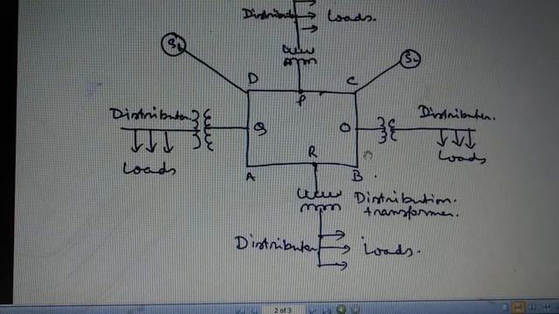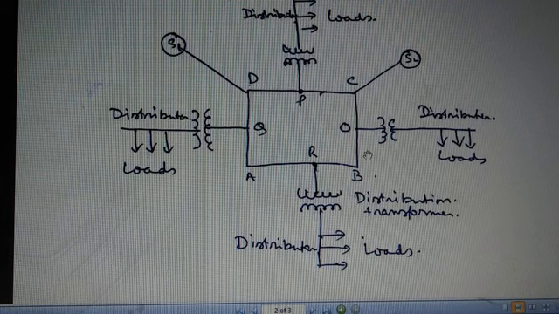Next advantage, the size of the biggest unit is not related to the peak load of the individual system, but relates to the peak load of the interconnected system. Thus, fewer but larger machines of greater efficiency are to be installed. Next advantage, it permits the generation of energy in the most efficient and cheapest way at all times. Next advantage, it reduces the capital cost, operating cost and the cost of the energy generated.